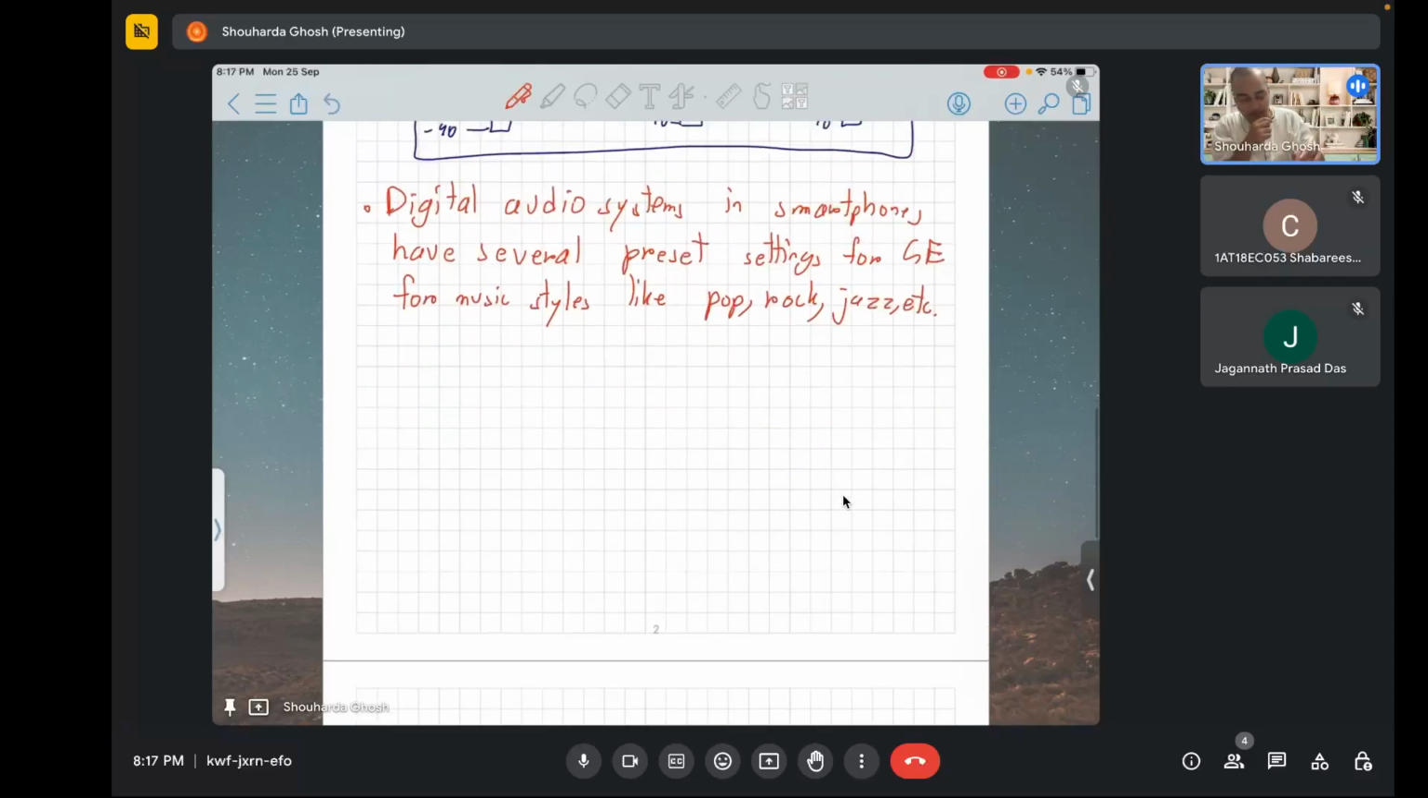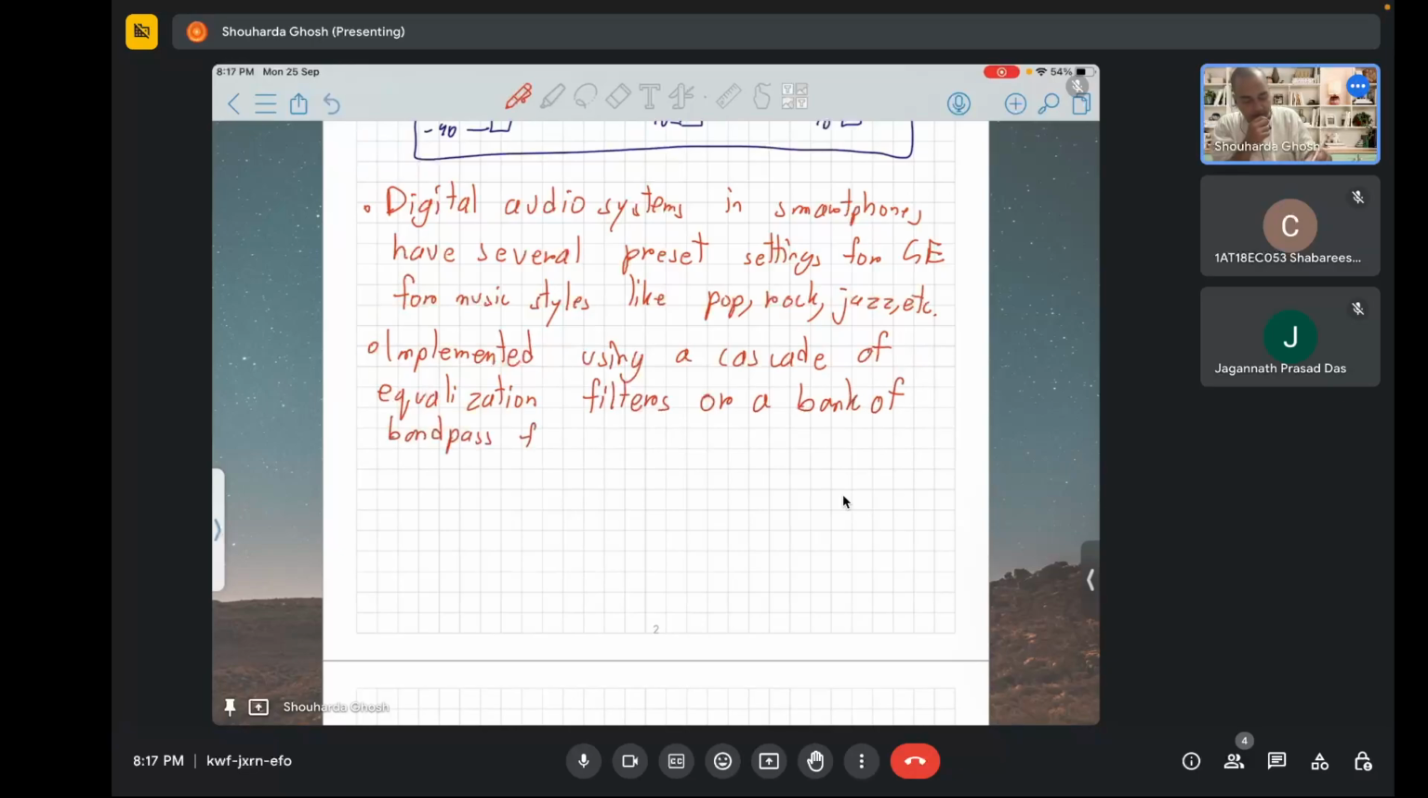so whatever I've been telling till now is implemented using a cascade of equalization filters or a bank of band pass filters. And